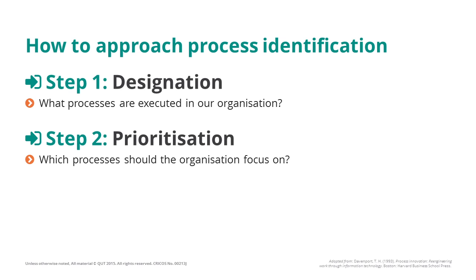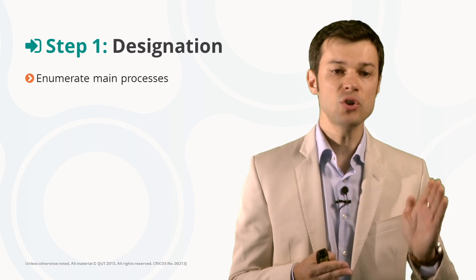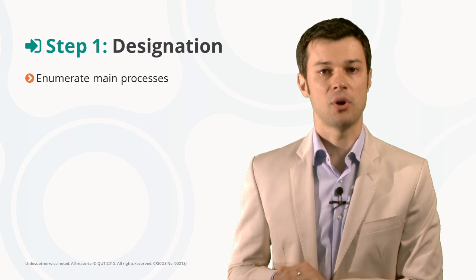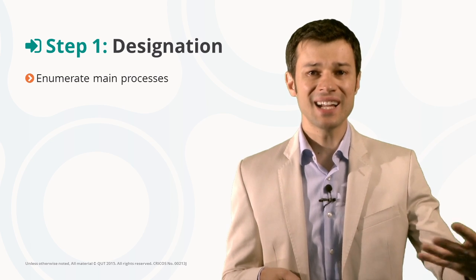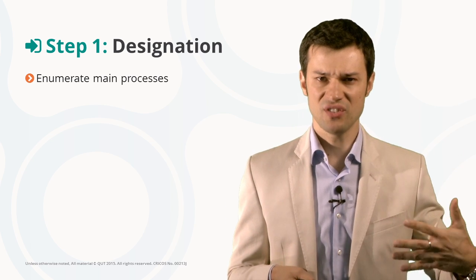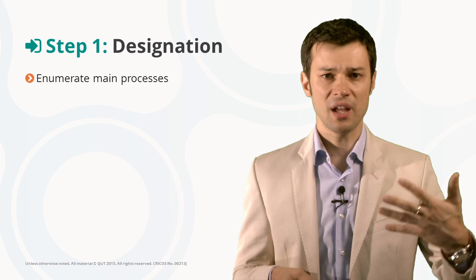Process identification is made up of two main steps: the designation step and the prioritization step, also known as process selection. During the designation step, we need to enumerate the main processes of the organization. So that means pretty much coming up with a catalog of the business processes that the organization is made up